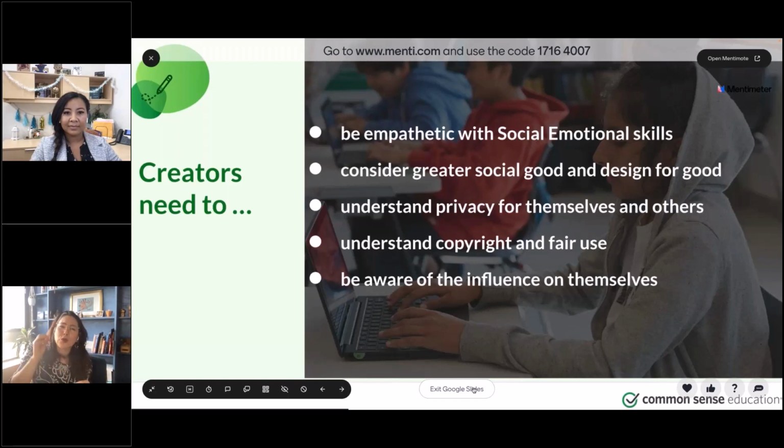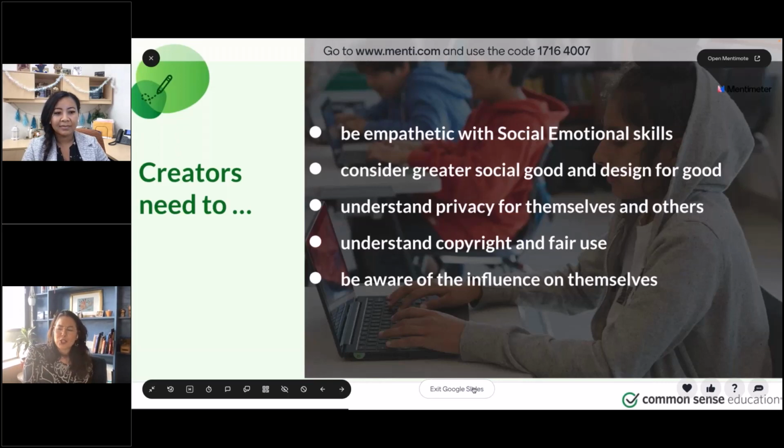When you are a creator, you want to create a world that is compassionate, is kind, does good things for others, and doing that design to be humane and to be good in the world. Understanding that need for privacy, that's a huge part of digital citizenship, not just creating ideas and sharing ideas that have privacy in mind, for not just yourself but for others as well. Copyright and fair use, not just taking other people's stuff, right? But giving credit to people and understanding your own rights as a creator.